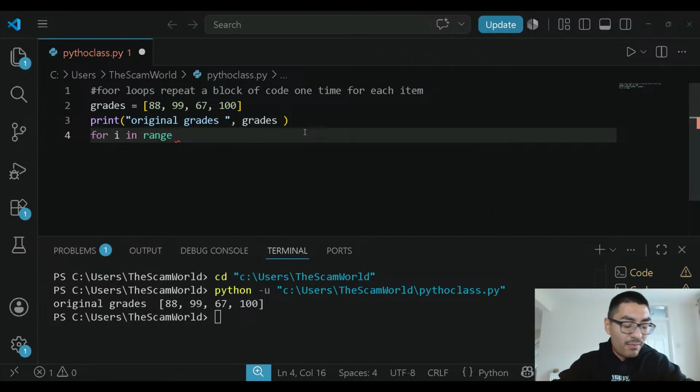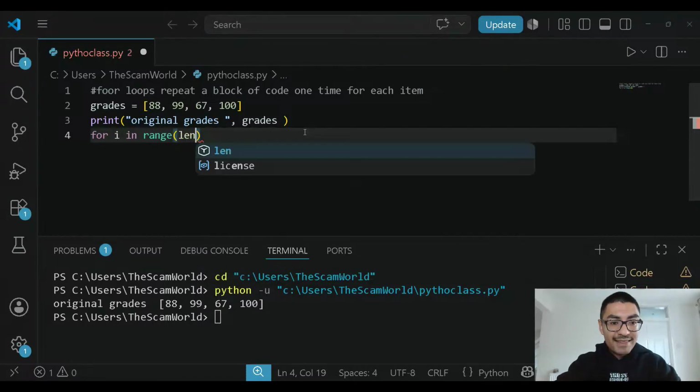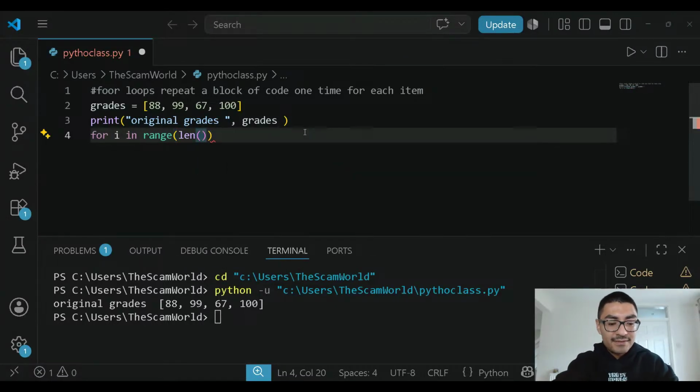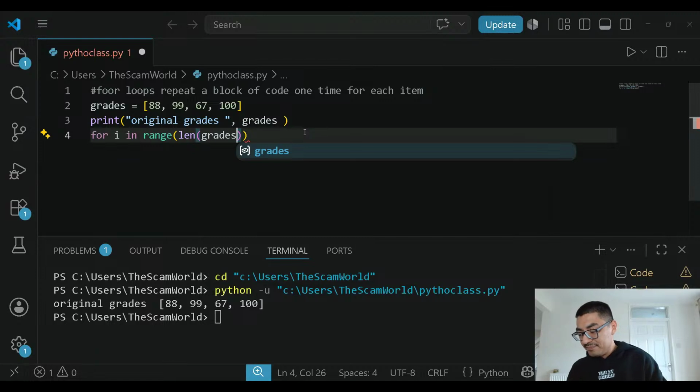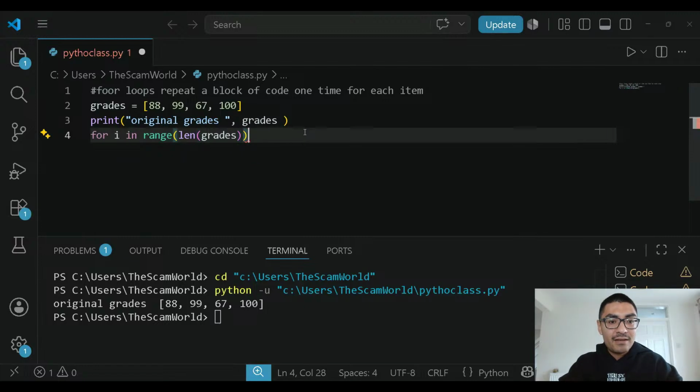Remember, I already taught you about range. So for i in range, parentheses, we're going to say the length, parentheses, we're going to specify our grades. This is one of the greatest loops that you guys can do with for loops. This is advanced-level loops, guys. I'm taking you from lower to advanced so you can understand exactly what's happening. So for i in range, length, grades,